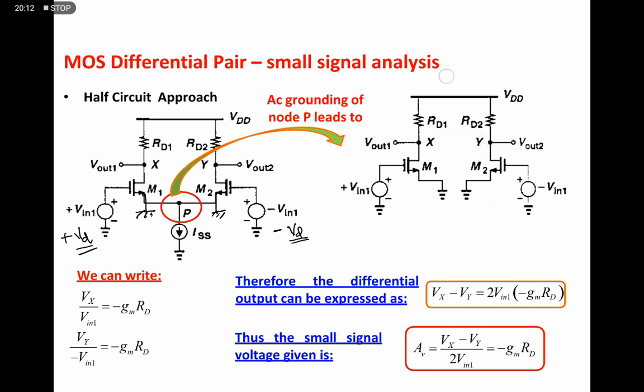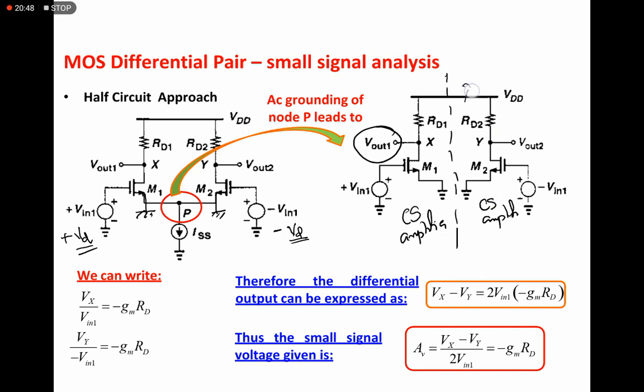If we split this circuit into two equal halves, what we will get is a common source amplifier, and this is also a common source amplifier. So there is no coupling between the first half and the second half. So V out 1 divided by V in 1 is nothing but minus GM into RD, and here it is also the same. Here it is V out 2 divided by minus V in is minus GM into RD,